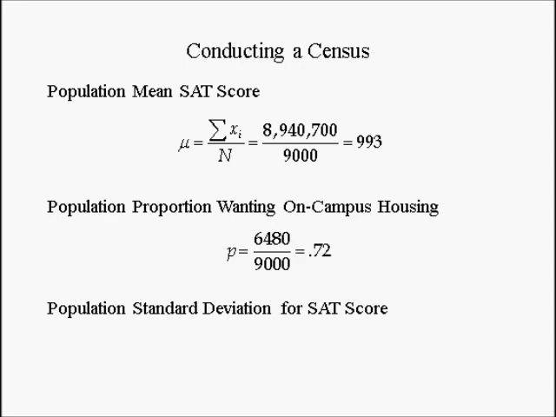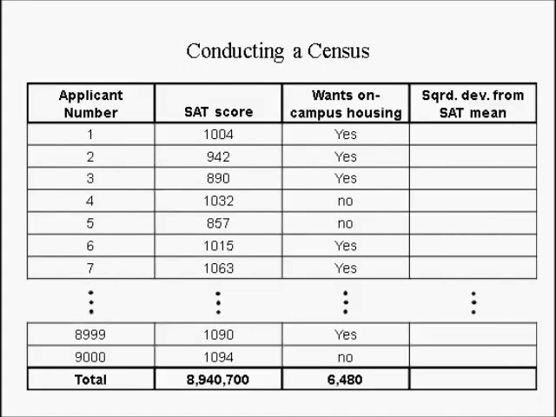To compute the population standard deviation, we need to return to our spreadsheet. Since the population mean is 993, notice I have it written as mu equals 993. The first squared deviation from the population mean is found by squaring the difference between 1004 and 993, which is equal to 121. The second squared deviation from the mean is found by squaring the difference between 942 and the average 993, which is equal to